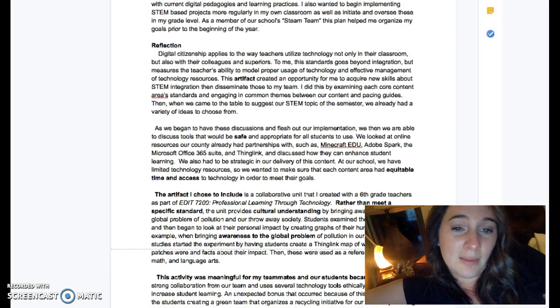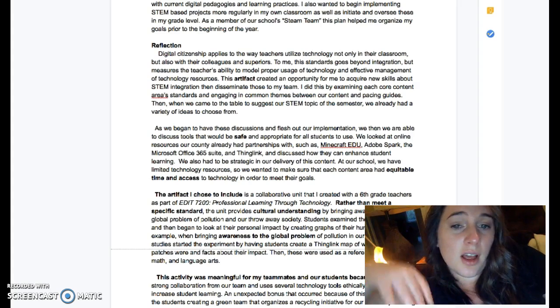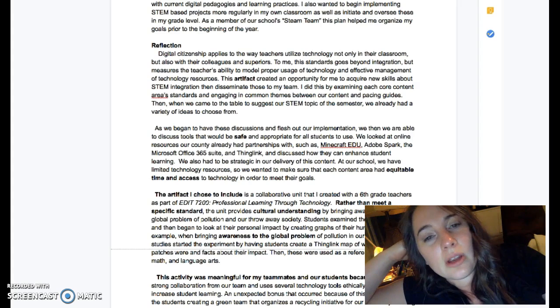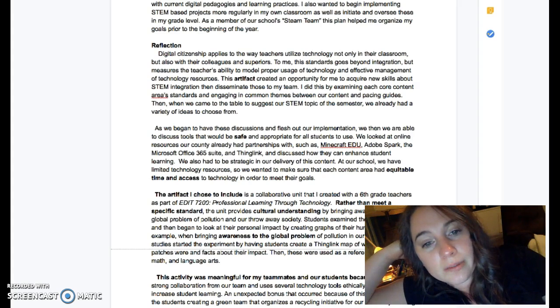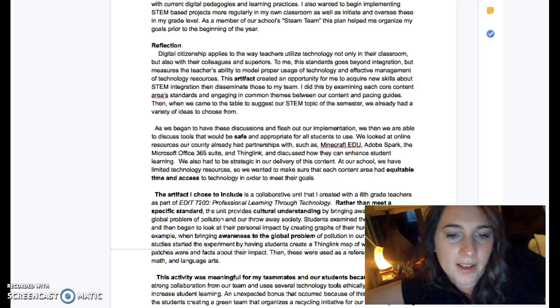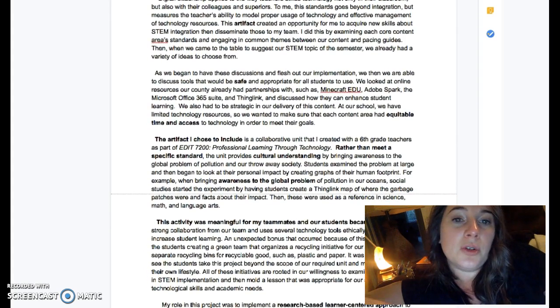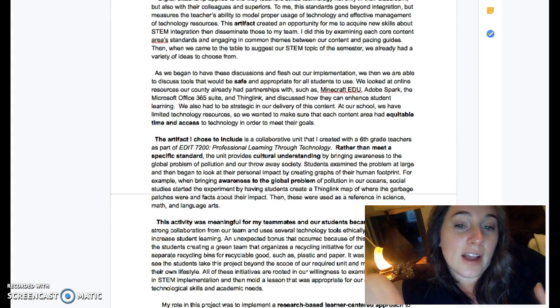So this artifact gave me an opportunity to acquire new skills. Our standards in science and social studies at the middle school level in Georgia have changed in the past couple of years, and as a result our pacing guides have changed, so it was nice to see that and become familiar with what's being taught to the students across the curriculum and see how we can integrate STEM, like I said. So as part of this, we were able to look at safe ways and strategic ways to incorporate these